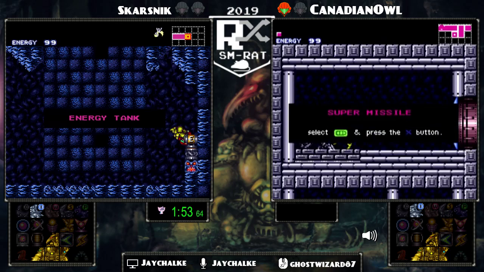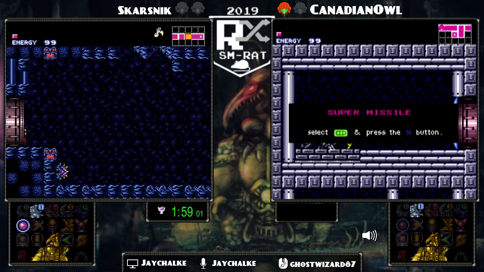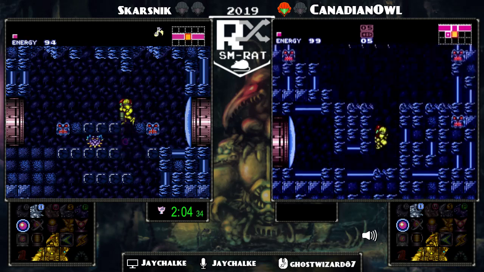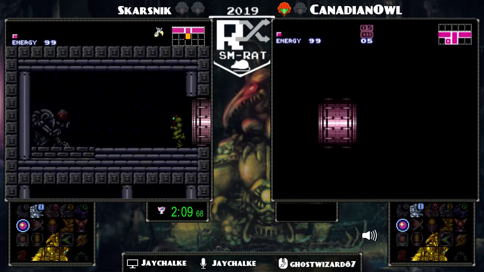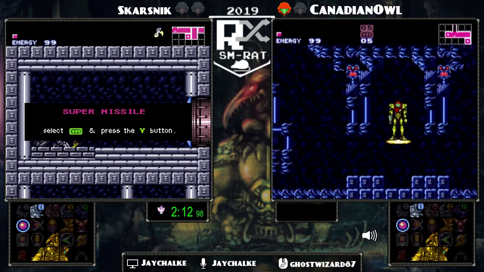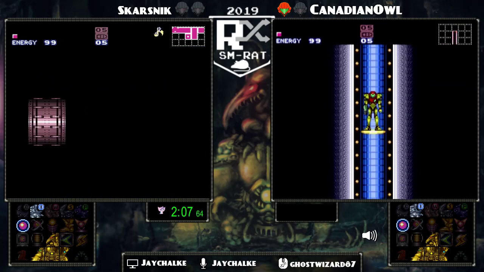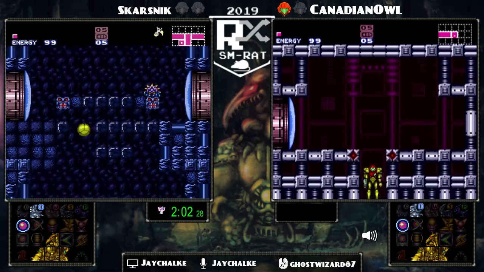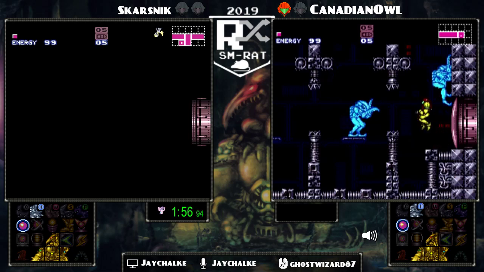Now let me introduce our two runners here. This is round 3, match 2 in the winner's bracket. Both of these runners have a healthy amount of time left in this tournament for sure. But if Canadian can pull this win out, they will be moving on to round 4. So everyone wish our runners some good luck, and let's see how this